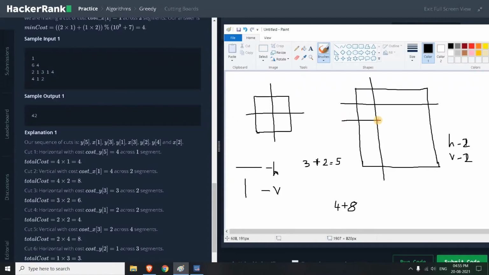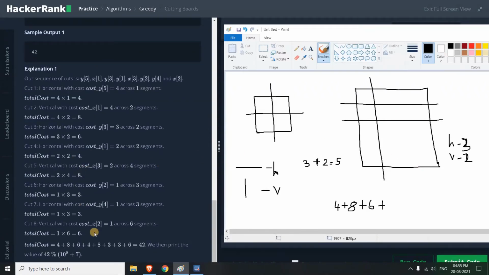Now if you cut it like this, you are just passing 2 pieces. So that is horizontal in 2 ways. So 2 into 3 is 6. Now we will increment this by 1, so that will be 3. Like that it will keep on going, and we will calculate the total cost. That's how it works. I think the rest of the problem we can solve easily. Maybe I will just do the code, so you can clearly understand how this works.